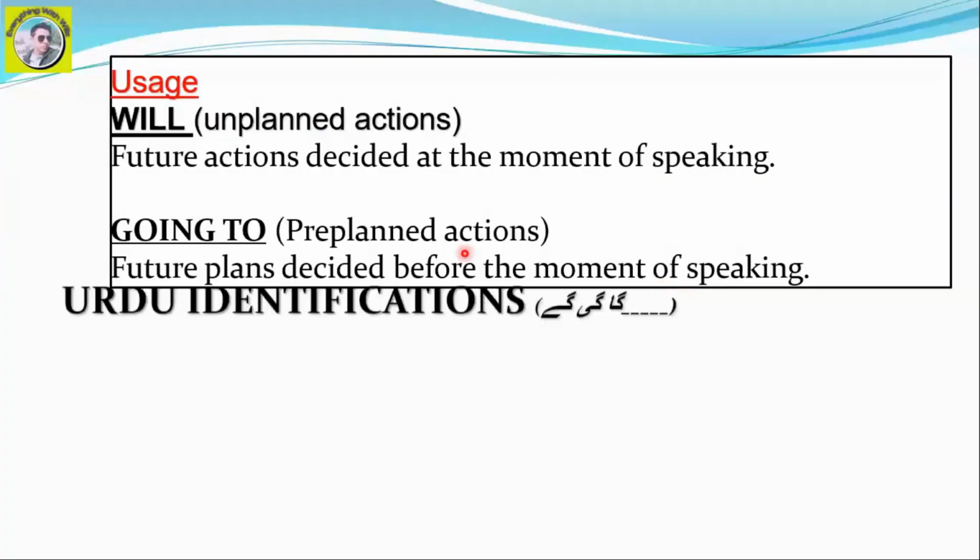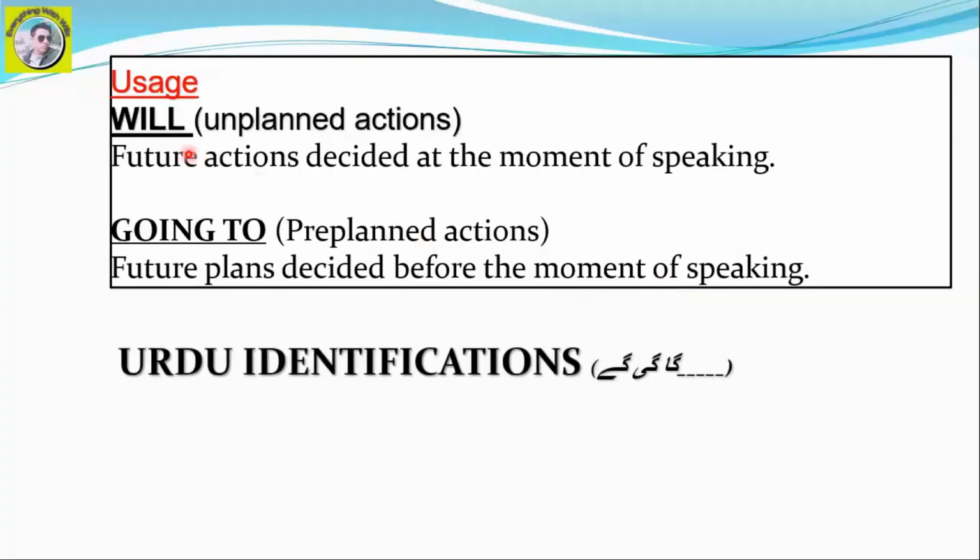All right. So here is the explanation. You can see that we use will for an unplanned action of the future, a future action decided at the moment of speaking. This means something that you will do in the future, but you have decided at the moment of speaking. I mean, you have not decided this from your home or maybe 1 hour, 1 year, 1 month, or a few days ago. You have decided that action on the spot, at the moment of speaking, right? But you will do it in the future. It was not decided, it was an unplanned action.